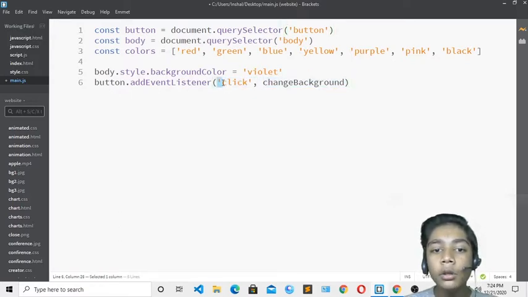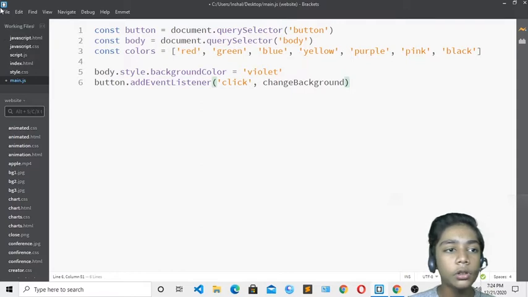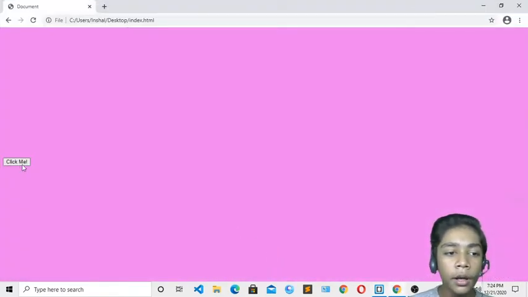It means when the user clicks the button, the background color changes for the user over here. It will be doing that function over here. If I show you, it should be changing the color. Over here you can see our background color has been changing, but when I'm pressing, any color is not changing over here.